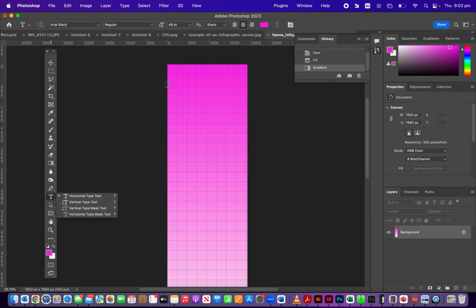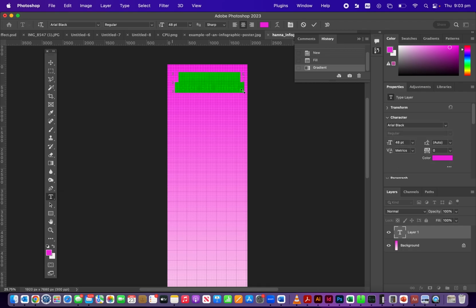Okay, so let's draw a text box, shall we? So I'm just going to make sure I don't draw it to the very edge, about there. So I'm keeping it even, and I'm going to change the font size, and I'm going to type in computer hardware, and at the moment I've got pink selected. So when I click on the T for text, it gives me new options up the top, including the font size, the font, okay,